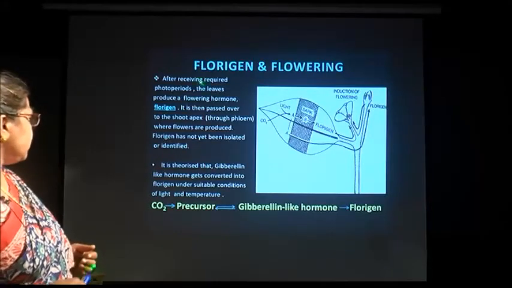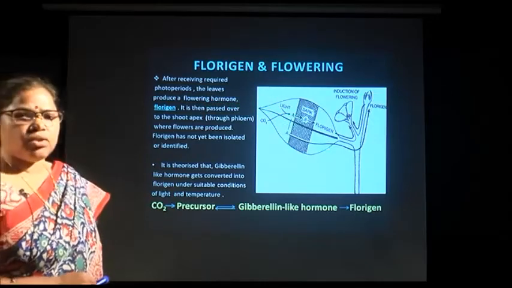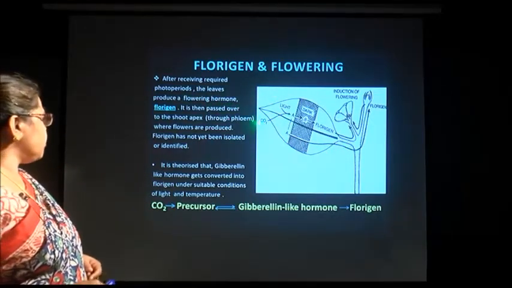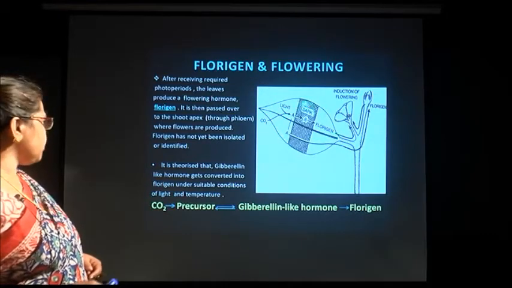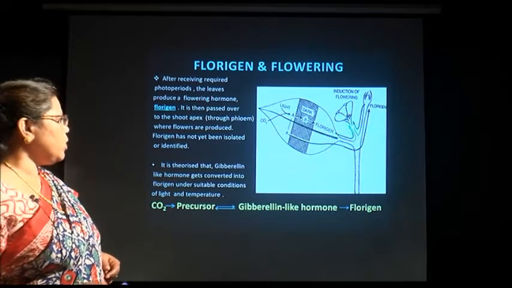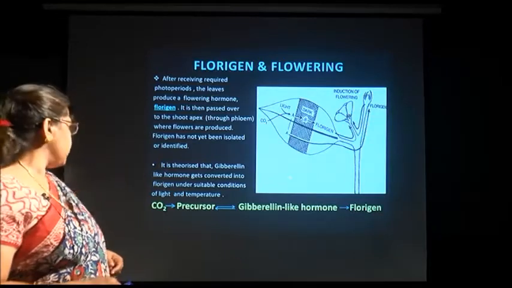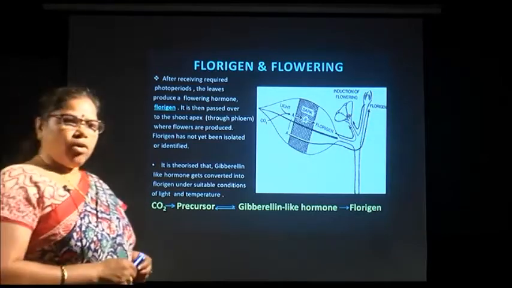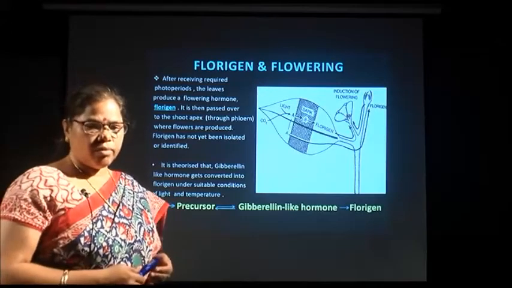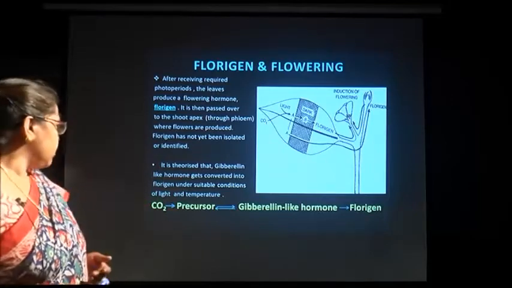This florigen is formed after receiving the required photoperiod in the leaves. The leaves receive the required photoperiod, and there the florigen hormone is produced, and it is transported through the phloem to the growing tips or branches where the actual flowering takes place. And the florigen hormone is actually a theorized, hypothetical hormone, because till now it has not been isolated,